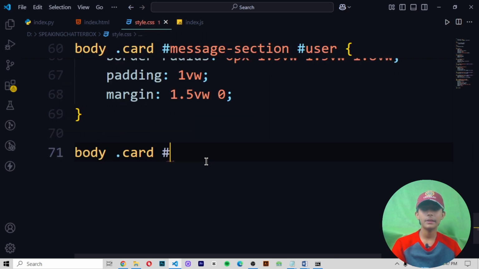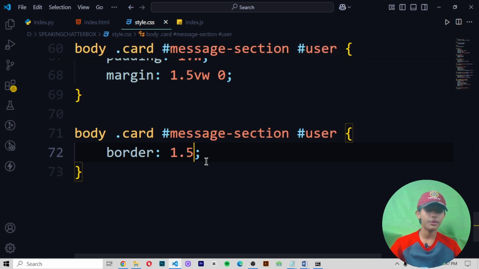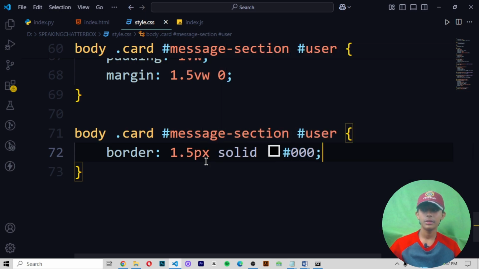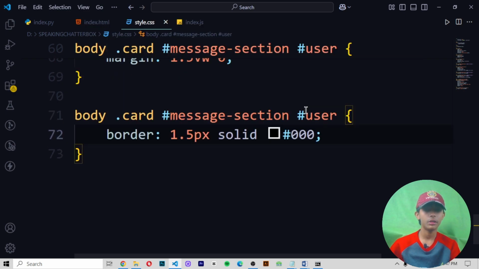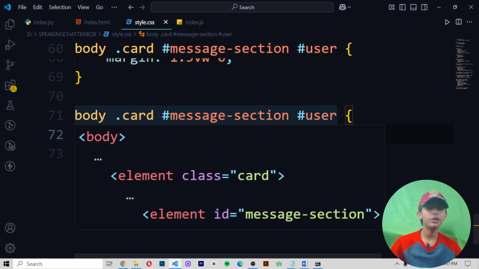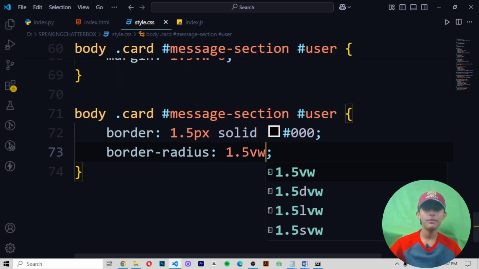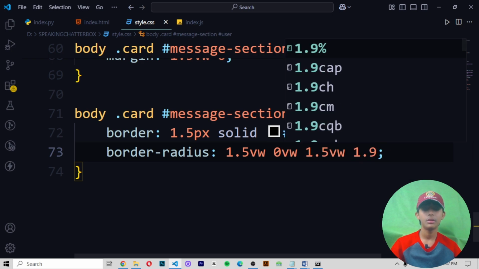Body dot card slash message slash section slash user. In it you write border 1.5 pixels, solid hashtag 000. Now write here border radius 1.5 VW, 0 VW, 1.5 VW, 1.8 VW.